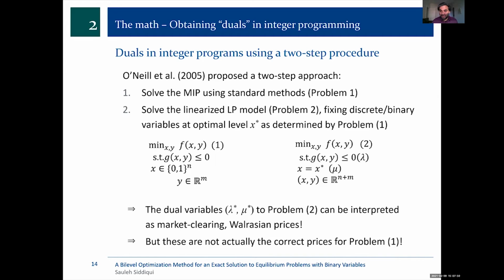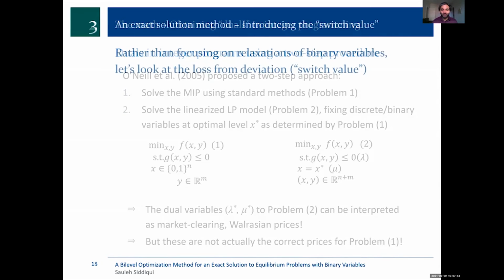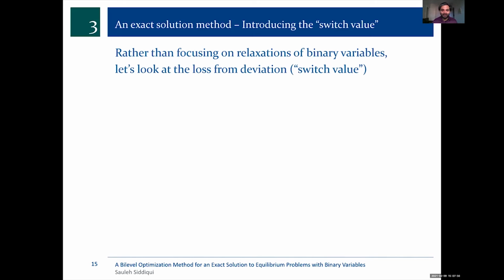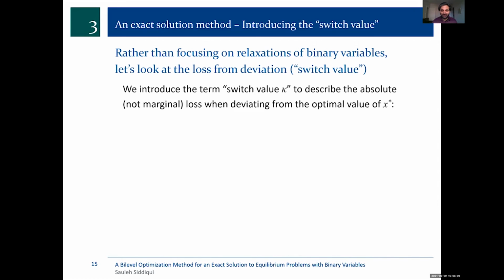And again, these aren't the correct prices that are generated for this. So here's what we do. Instead of relaxing the binary variables, we think about something called a switch value. Essentially, it's the difference of the objective function value had you chosen 1 or had you